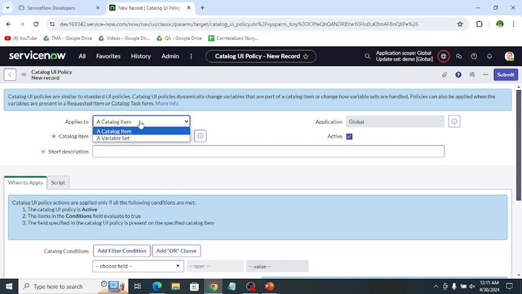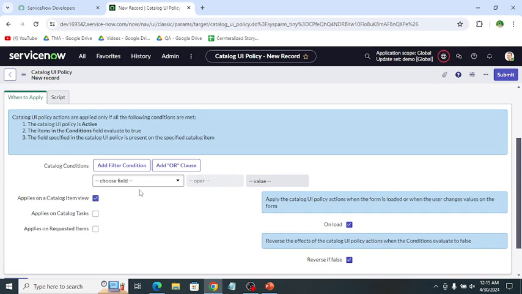We can also apply it to a variable set and a catalog item, and it picks the name of the catalog item, then short description, and active. Then in when to apply we can create conditions for the UI policy using catalog item variables.